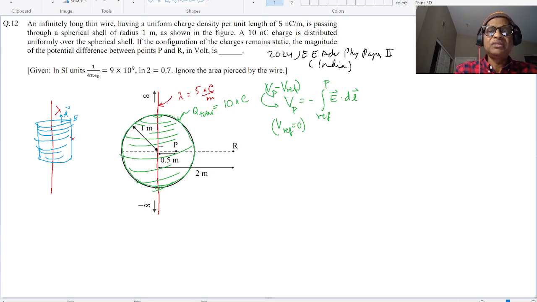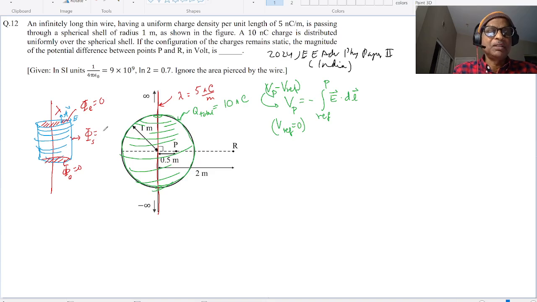So for the edges, your flux will be 0, and the same will be the case for the other end. But the flux from the side, because the electric field at the same distance from the wire will be the same,